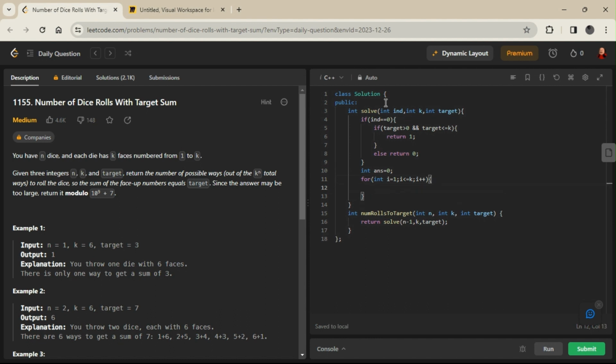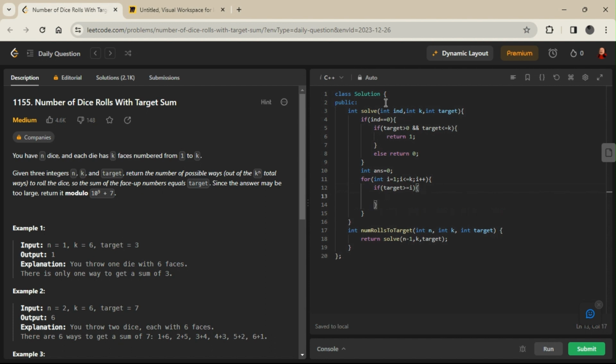And inside the for loop, if target is greater than or equal to i, that means target is at least the face value, then we proceed, because if target is negative, we will not proceed. That's how we take the condition.